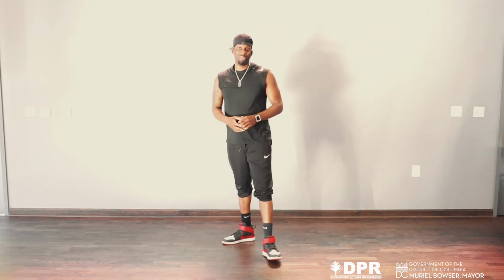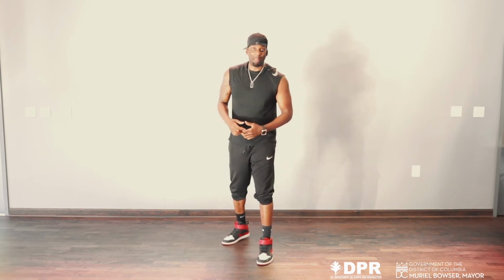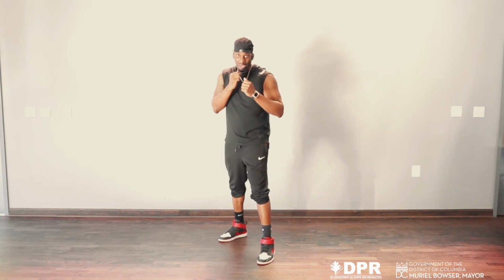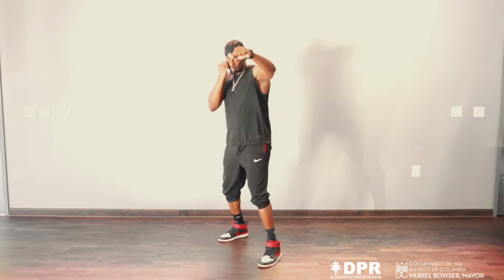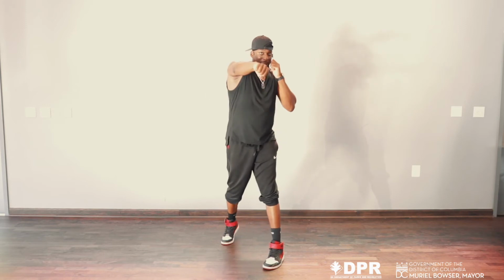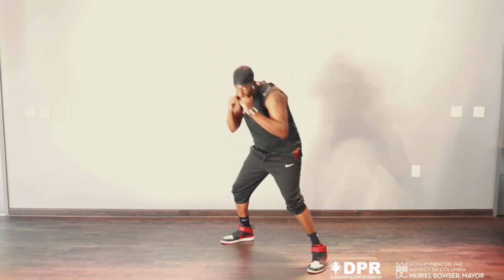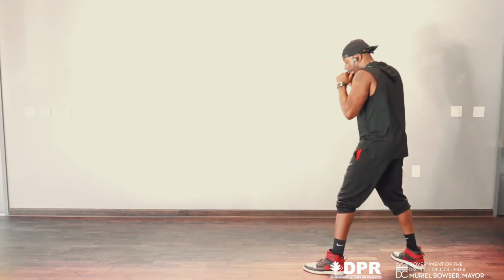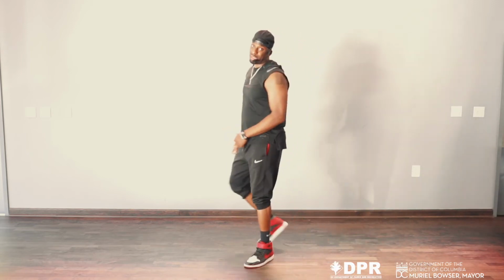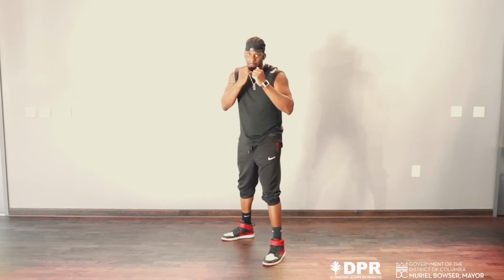It was a lot coming at you guys, so we're going to practice it several more times before we speed it up and get this bad boy right, okay? So hands back in guard. It's going to be a jab, jab, slip to the front hand, jab, cross, slip to the back hand, slip to the front hand, hook, roll under it, pivot. Nice. Okay, again, 2 more times, super duper slow motion, hands up, guard up, jab, jab, slip to the front,